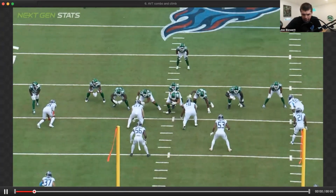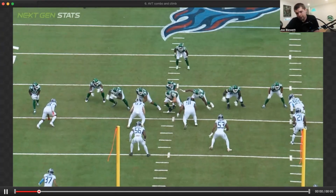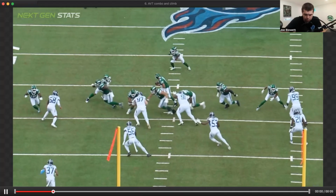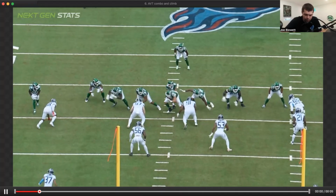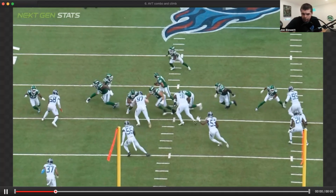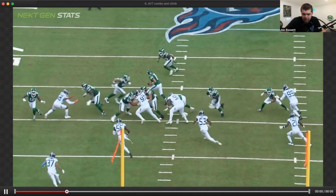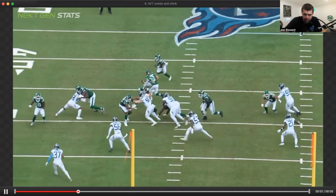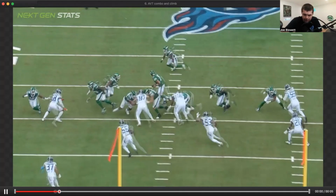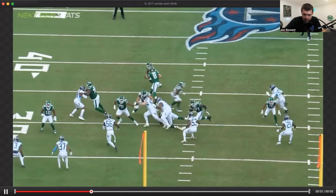Again, not overcommitment to that first level. He thinks he's most likely going to have to block the three tech because he's over top of him on the play side. He shoots more A gap, so AVT doesn't want to just pass him off to the tip because he knows he's going to assist him. Zone step, left hand in the chest, right hand into the hip, just to allow Titman to get in front of him, get play side leverage, which he does. He is quick to swivel the hips around,